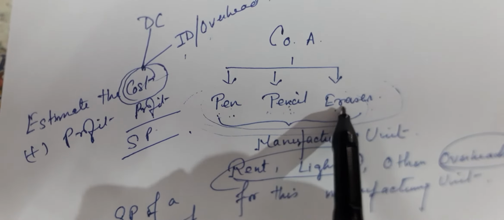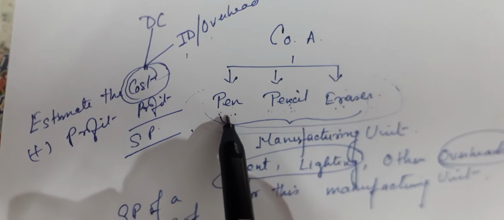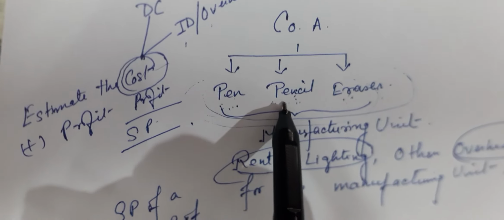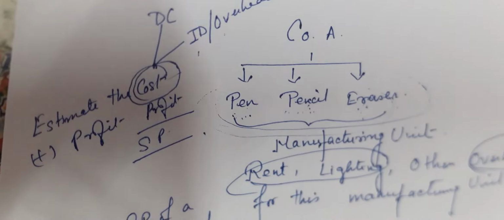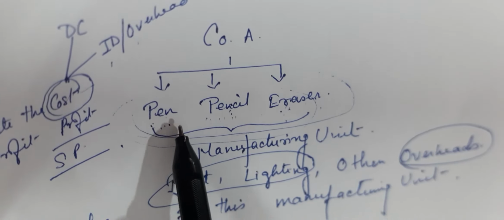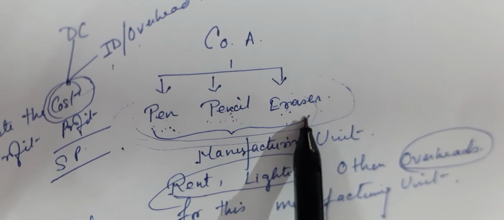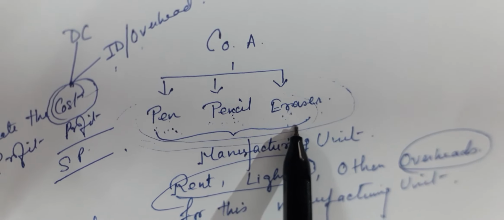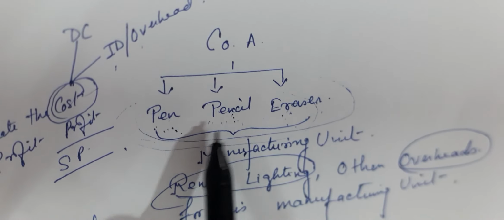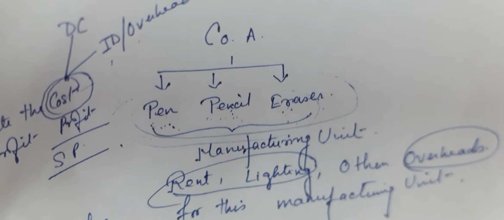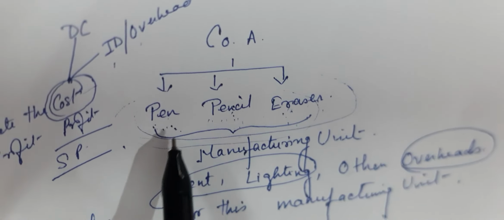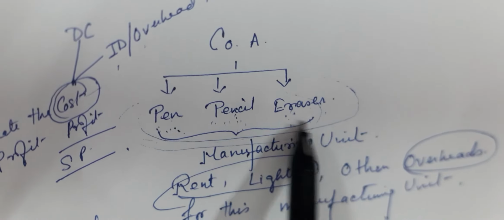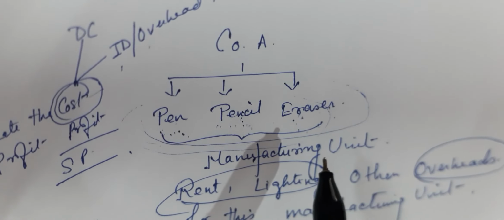If you divide it equally, a pen will cost 50 rupees, a pencil will cost 48 rupees, and an eraser may cost 47 rupees. Okay, nearby. It's 50, it's 48, 47. The difference is not in the indirect cost. The difference is in the direct cost. Maybe the pencil's direct cost is less, that is why 2-3 paisa is coming less. Otherwise, since you are dividing overhead equally, the pricing will be coming like this.